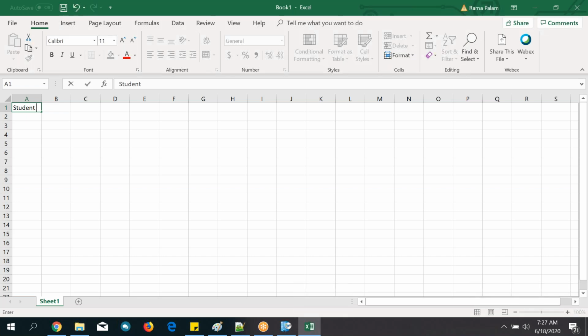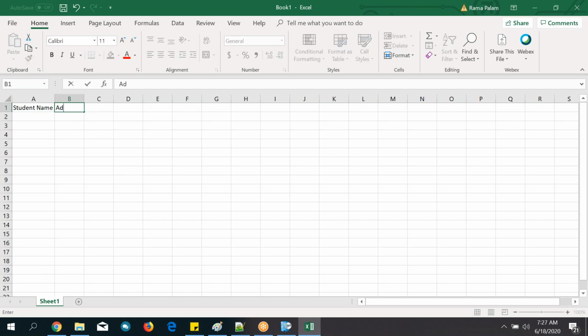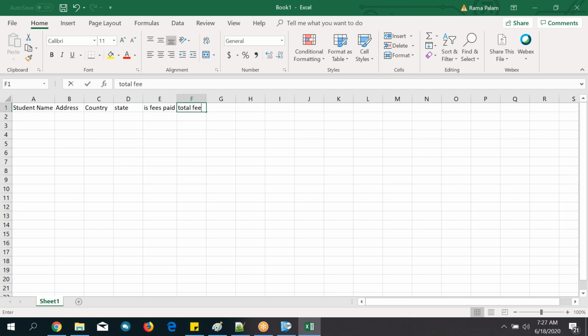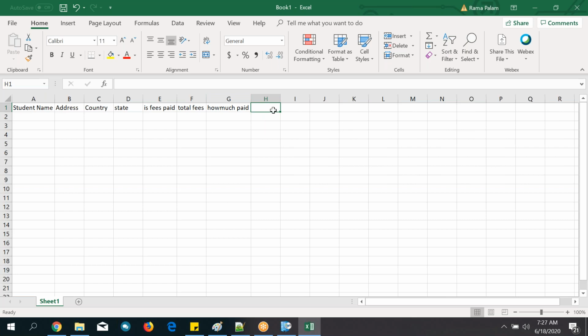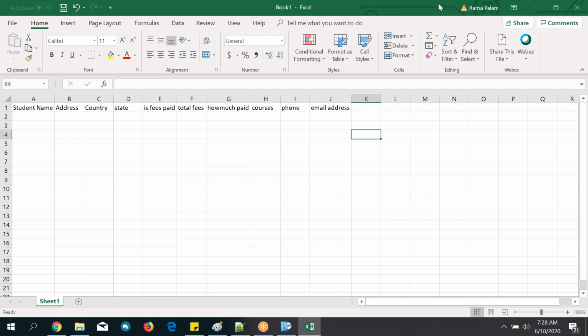Let's see here: student name, address, country, state, permanent address, is fees paid, total fees, how much paid, and course, which course he is learning, because in an institute many different courses are there. Also phone number and email address.